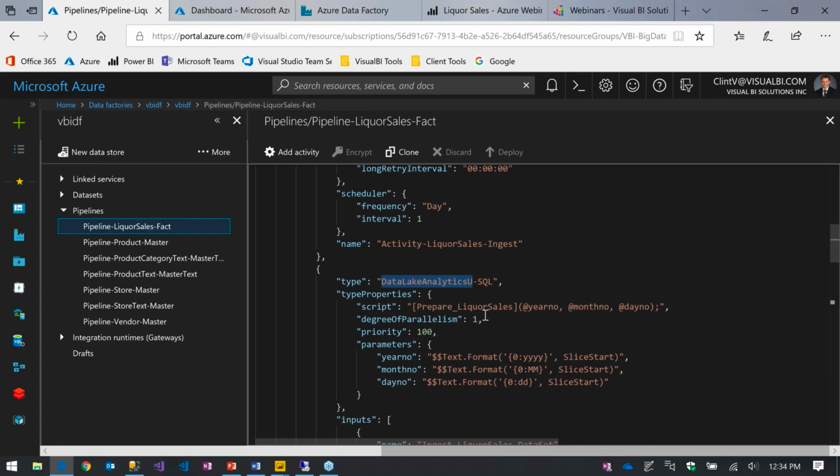As the data comes in from the ingest folder, it's going to be run through this USQL stored procedure, and then it'll be output into the prepare folder from there. So from ingest to prepare, it's going to go through USQL. I'll show that in just a second. When I jump out of the data factory and move over to the data lake and data lake analytics, I'll demonstrate what that USQL stored procedure looks like.